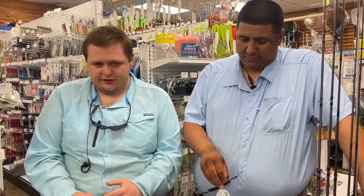So if you're down at that Virginia part and you find a lot of bluefish, small bluefish, stuff like that, a lot of times those big redfish, those big bulls are going to be underneath of them. So if you don't want to go to, say, the tunnel and fish live bait for redfish, you're going to be looking for those schools of bluefish and then fishing underneath of them with a little bit heavier jig similar